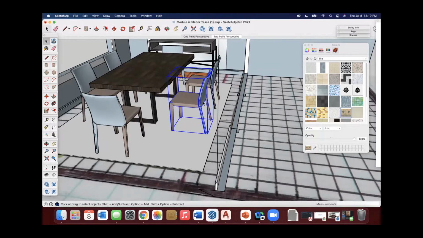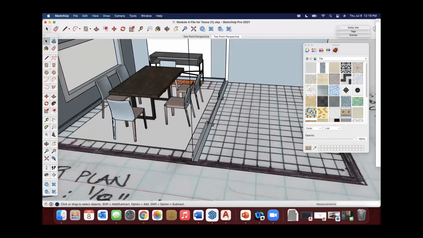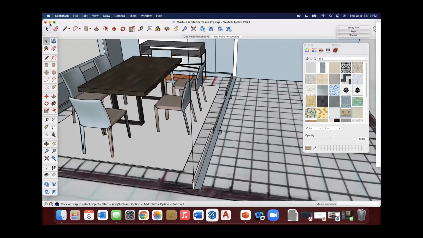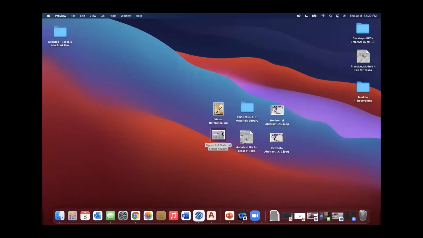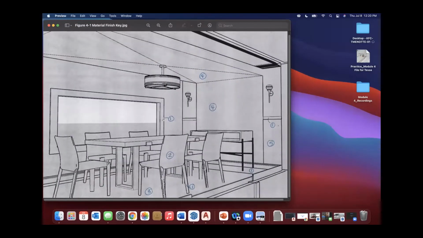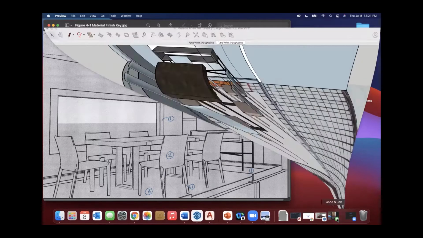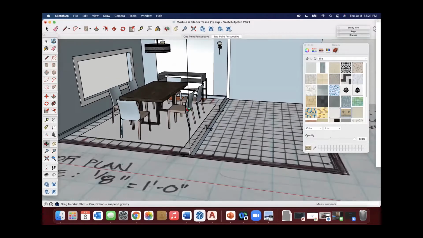So for example, we want to apply, using our reference image, we can see that based on the same images or materials that we saved previously, this is supposed to be material number 2. So this is going to be the chair, that pink chair fabric. And then we have that dark wood that's going to be on the legs of these chairs. Okay, great. So now I'm going to take my model and start to make those changes.